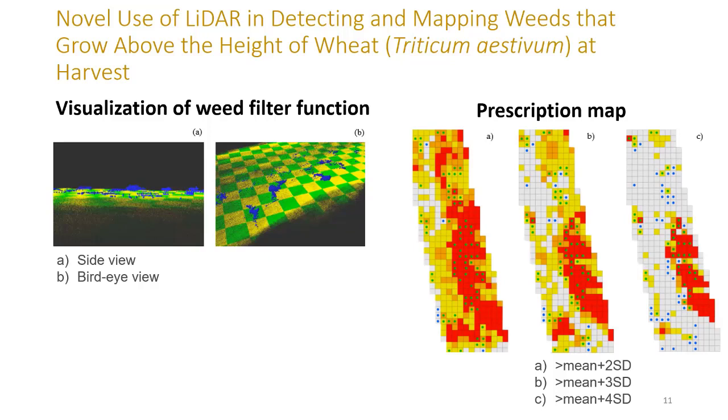We mounted our LiDAR on a moving machine, and before performing scans, we recorded the location of the weeds and measured their height, and we ran through the area in a rectangular shape. After the data was collected, we performed the pre-processing programs and created a filter function in C++, and then